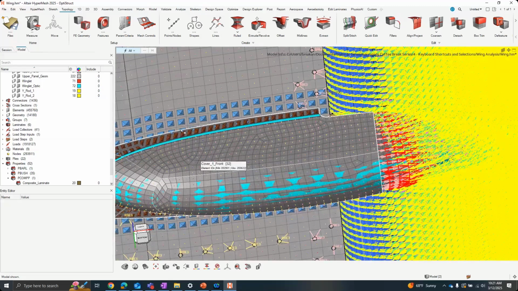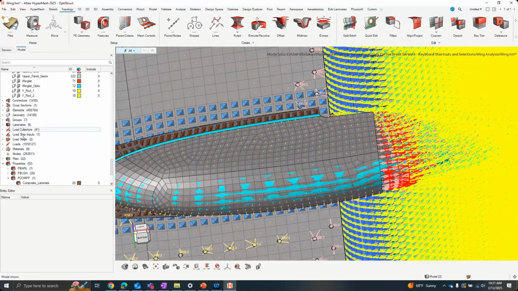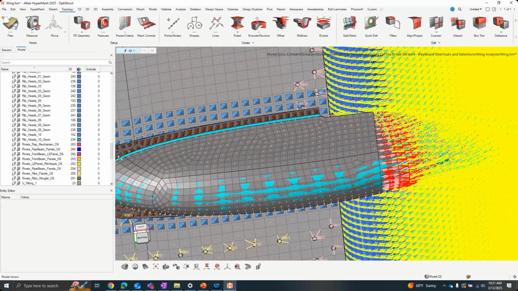Oh, yeah, I forgot I have a bunch of pressures. I shouldn't have done that. I was about to crash my HyperMesh model. But yeah, that just about covers all I wanted to show. Again, I think you can get pretty fast with these keyboard shortcuts,